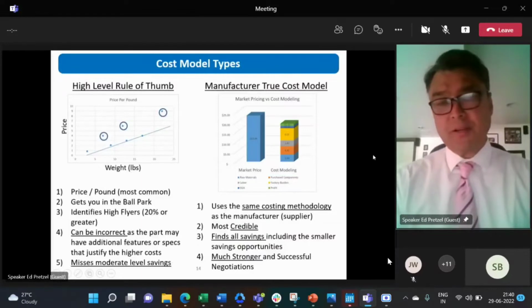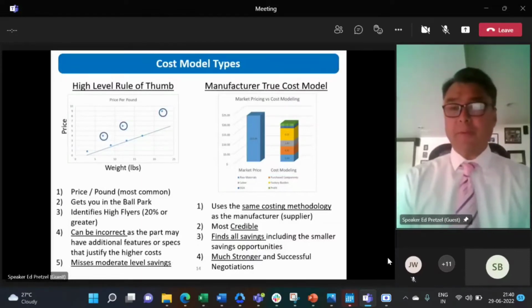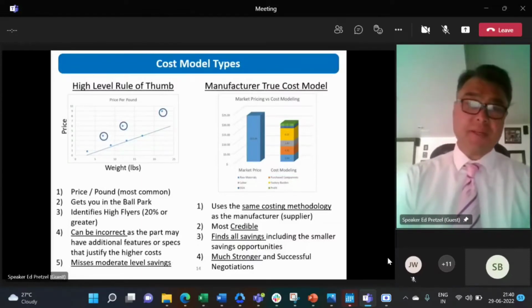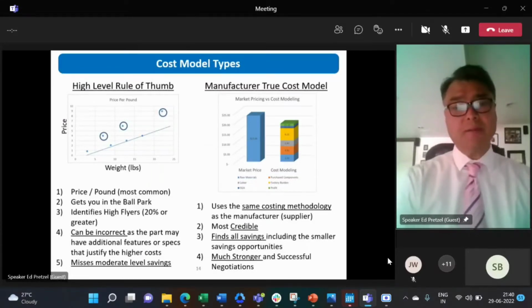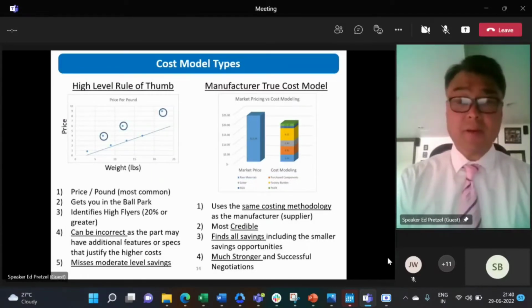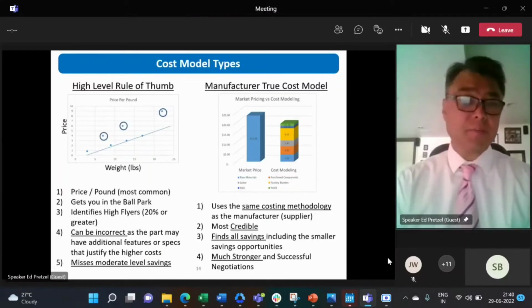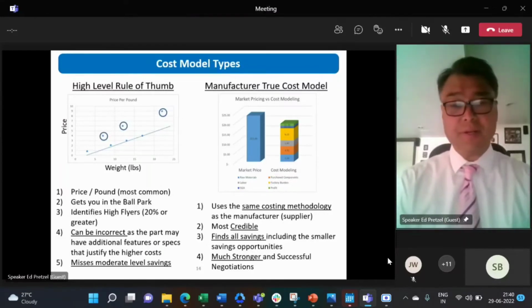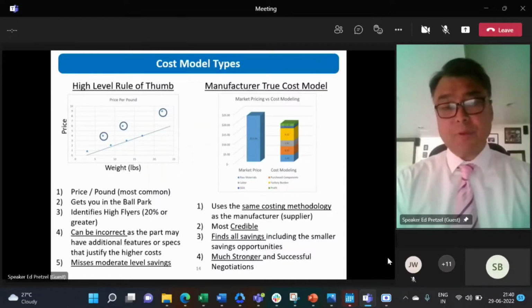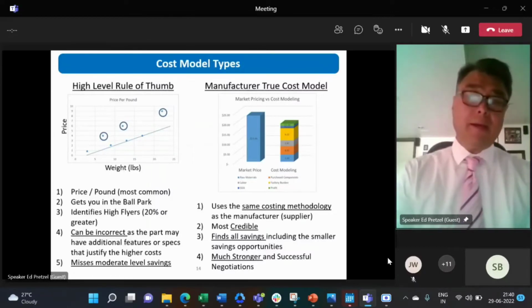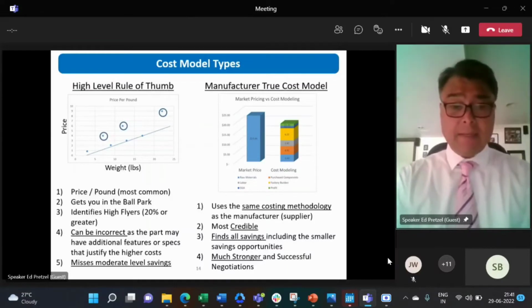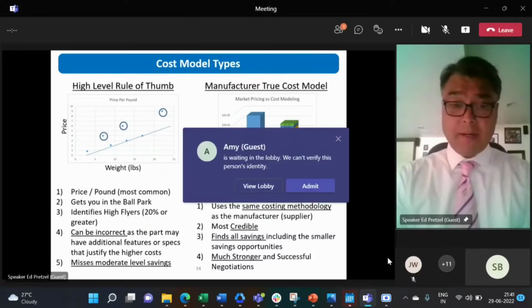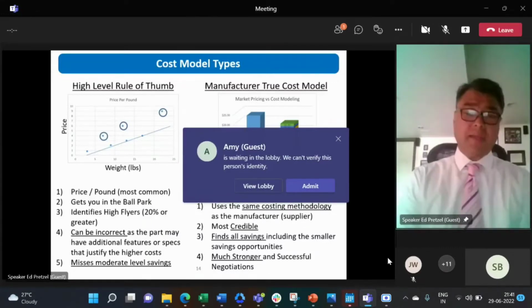I want to very quickly just talk about the cost model types, what we recognize and what we focus on. So we do see these high-level rule of thumb cost models, typically a cost per pound, cost per kilogram, cost per inch, cost per square inch, square foot. Those are common. What's good about them is it's easy, it gets you in the ballpark, is good at identifying high flyers, but it also can be in